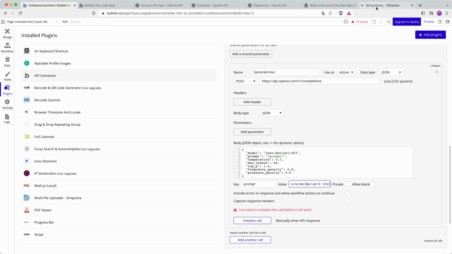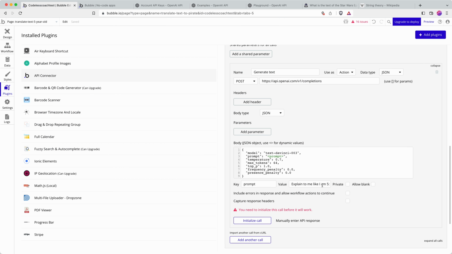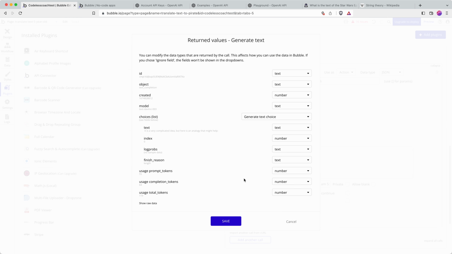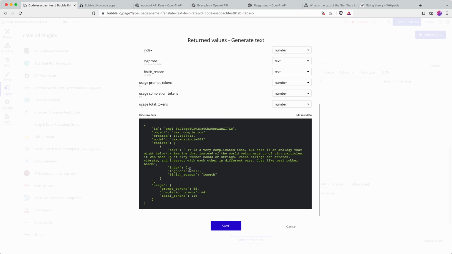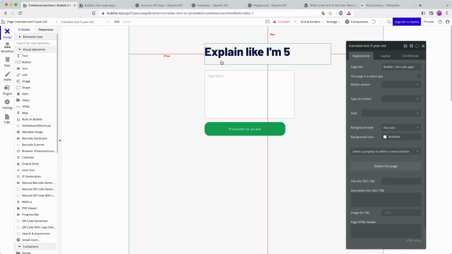And then I'm going to copy this piece of text from Wikipedia for string theory, paste it after. Okay, and let's initialize the call and see what happens. Okay, and you can see here that I get a response under choices, and I can view it here. There we go. It's explaining it in a way that perhaps, again, this is a bit of a gimmick, but perhaps using tiny particles and tiny rubber bands or strings, it sounds much more in the language that a 5-year-old might use. So I can hit save, but how do I link this up to the bits of UI that